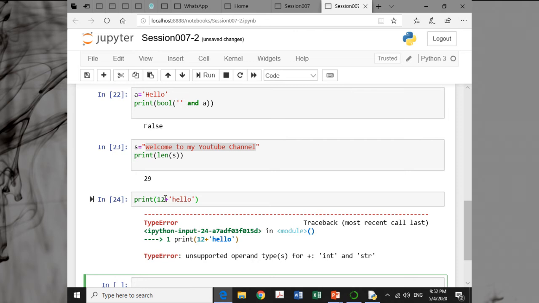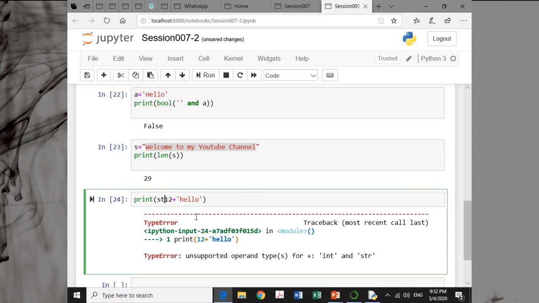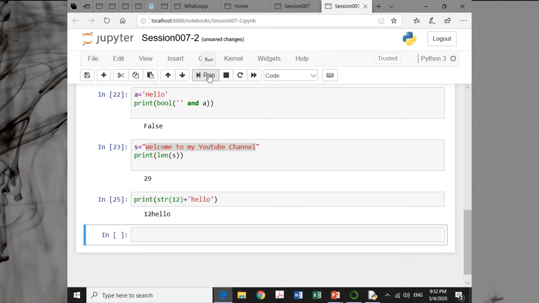So what do we want to do? We want to convert 12 into a string. To convert 12 into a string, we will use the str function, str of 12. So 12 is an integer, and this integer will be converted to a string. Now if you run this statement, you get 12hello, that is 12 as a string and then hello as a string.